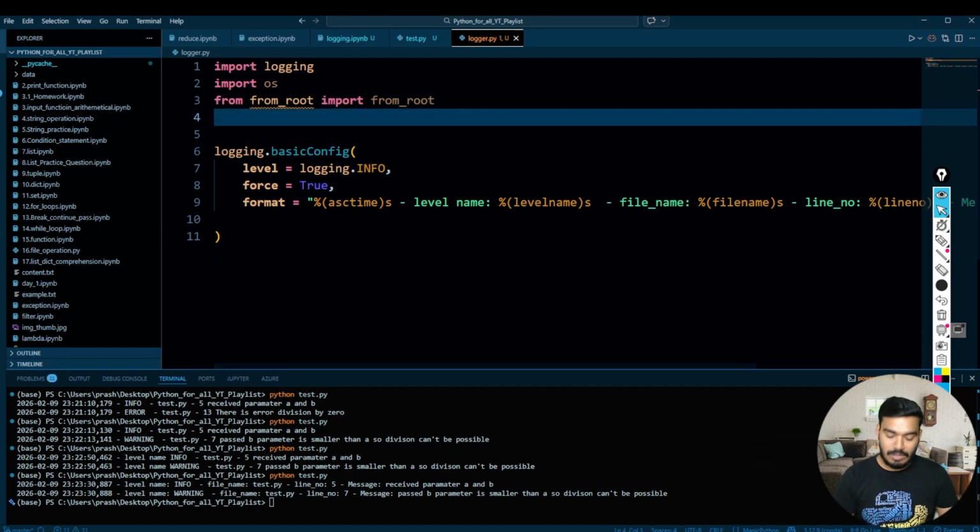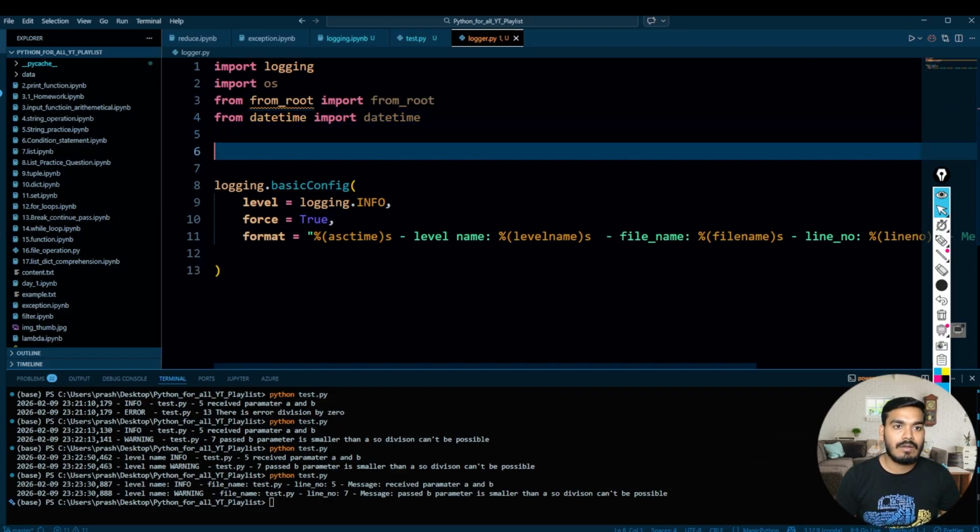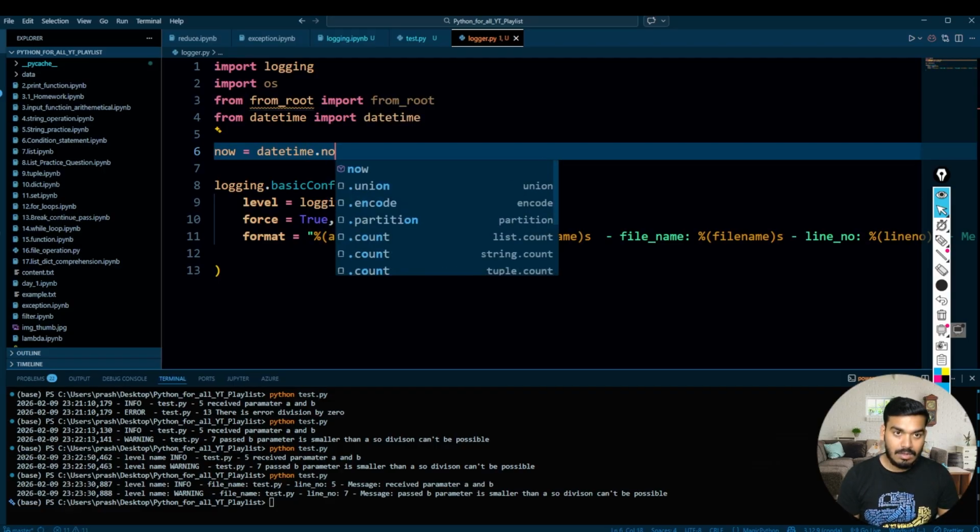I want to also import datetime actually. So from datetime import datetime. Okay, then over here let's say now equal to datetime.now